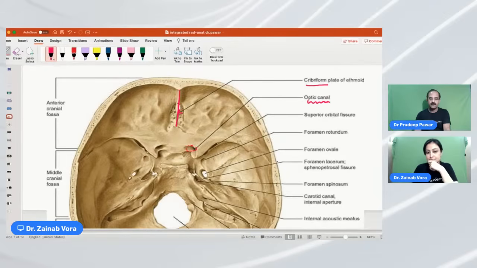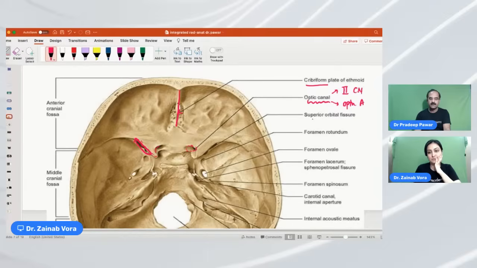Optic canal, yes, students, we've been discussing this in all my sessions. What passes through the optic canal is the optic nerve and the ophthalmic artery. Then the lesser wing of sphenoid. Just below the lesser wing of sphenoid, there's a long fissure, and this is